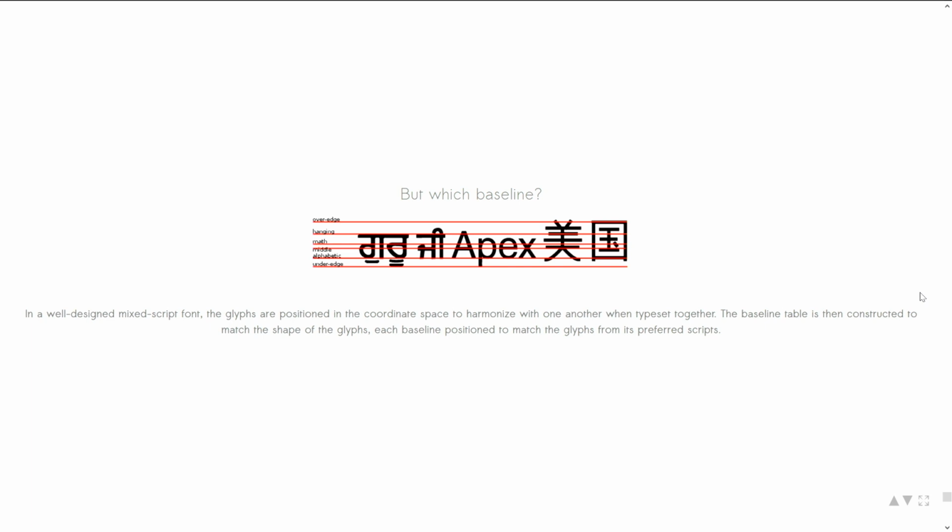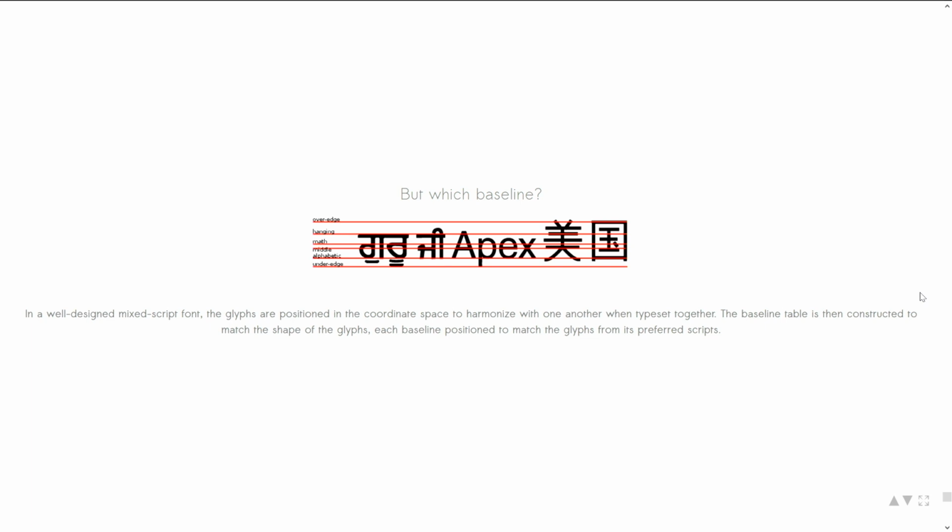So we're familiar with the alphabetic baseline, which as you see hits right below that A. But there's also an ideographic baseline. There's the middle baseline, which is really some weird thing that goes right through the middle of an X. And that's what vertical line middle uses. And we also have a hanging baseline that is sometimes useful for index scripts. There's a central baseline that's actually used in vertical typesetting for CJK languages, and there's also a mathematical baseline, which